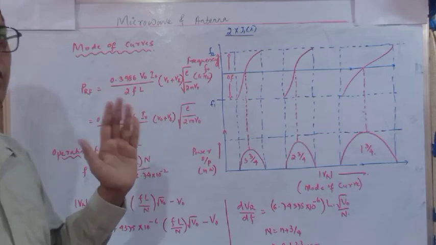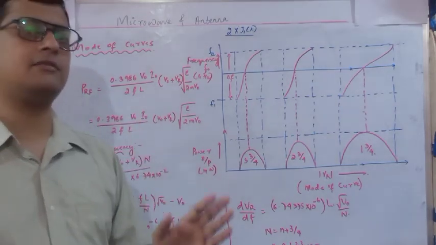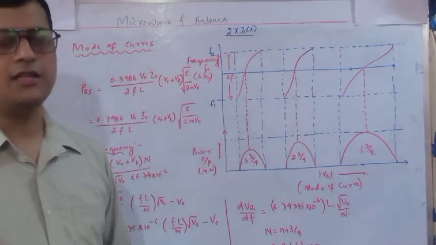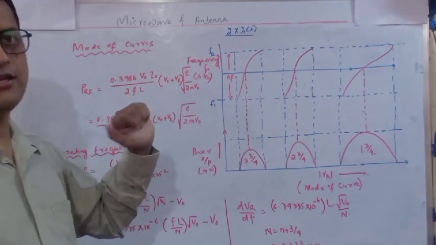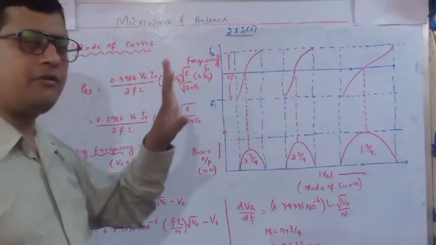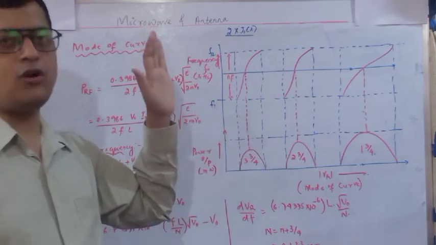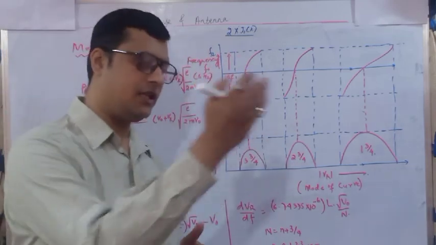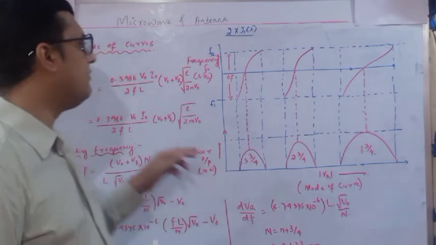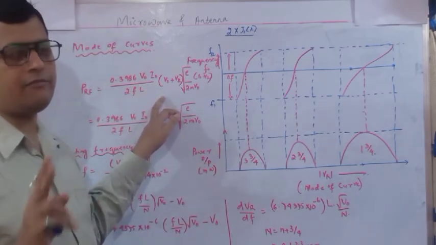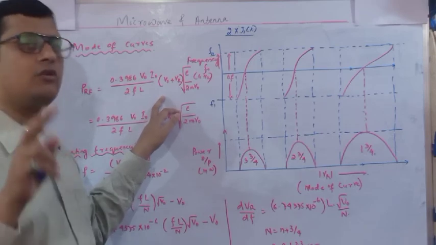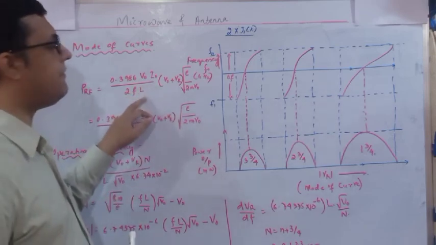Here the RF output power is represented in terms of repeller potential. So repeller potential I have written in terms of V naught plus VR. This is also one relation. If you differentiate the output power with respect to the repeller potential, you will get this sort of relations. It is one sort of two-step relation. I am not discussing that one. You can go through by yourself. So directly I have written this one.